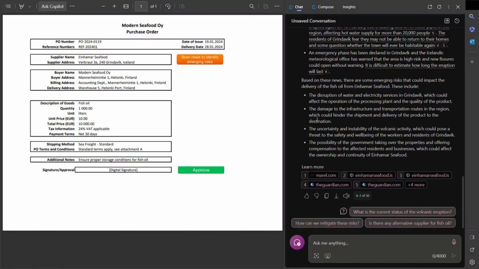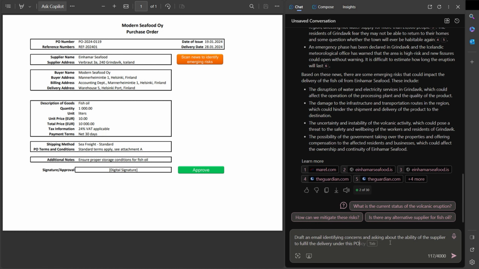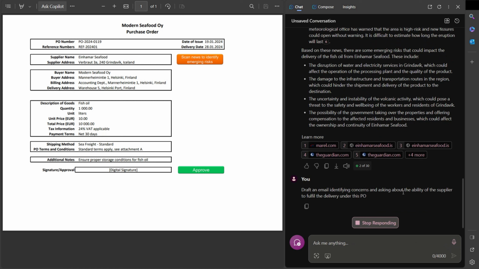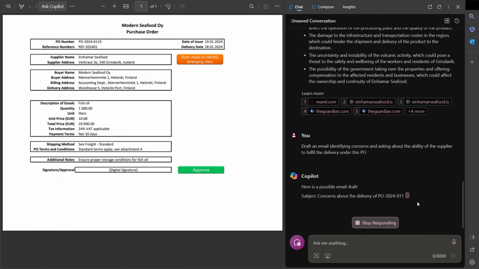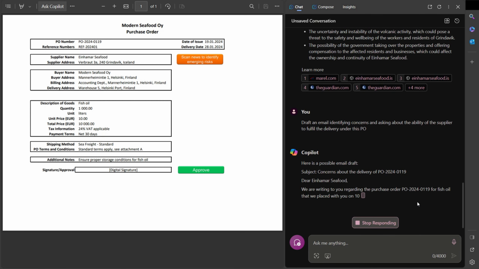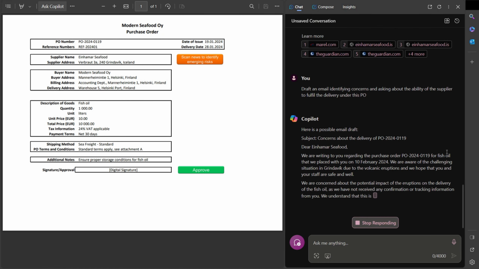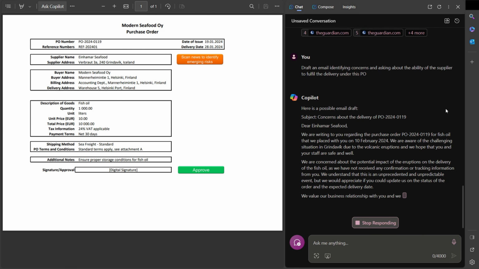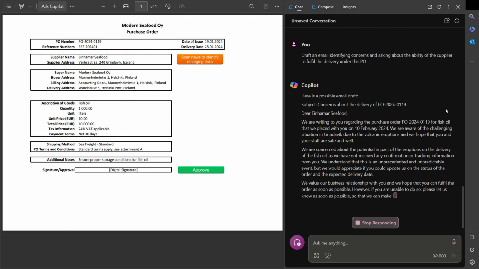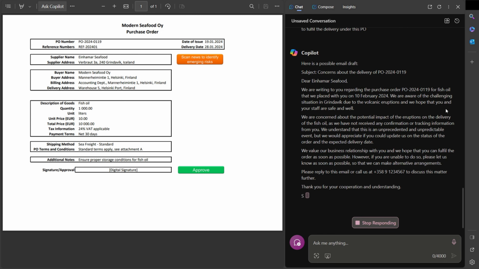So continuing with the logic of sending the prompts as a representation of what would be happening inside this program, we are asking the model to generate a draft of an email that we could send to the supplier to inquire about their ability to really deliver on this purchase order. And here you can see that Copilot is generating a draft for us,